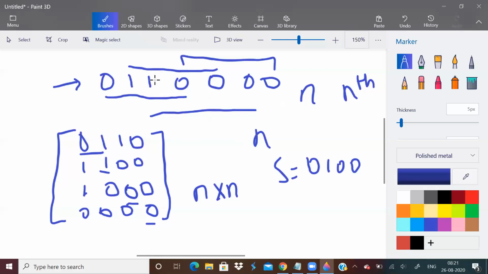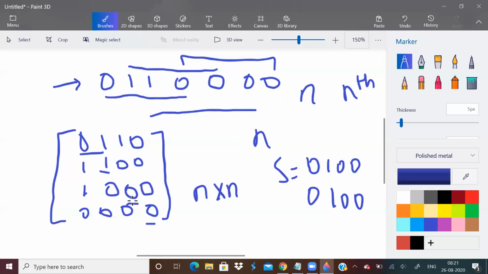So basically these are the alternate elements. If you take the alternate elements, you will get the answer: 0, 1, 0, 0. So this is a simpler approach, I would say, but I wanted to show you through the matrix why I am doing this. It will become more clear.